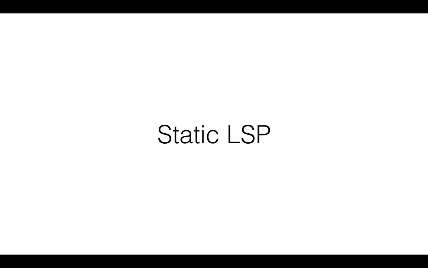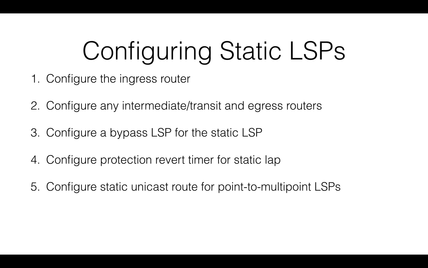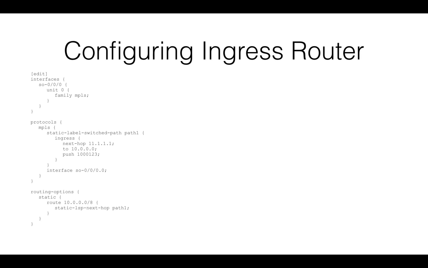Now, we were going to look at static LSP, but I've opted to just do LDP. But with static LSP, we have to identify a router as the ingress, and identify our intermediate and transit routers, as well as the egress router. In this type of configuration for a Juniper, we would set those static labels up, identify the router as ingress or egress, specify the next hops, specify the remote, farthest destination network we're trying to get to, and tell that router to push or pop a label on it. In this case, we had an ingress router pushing label